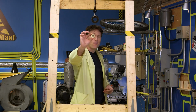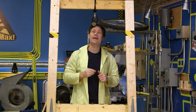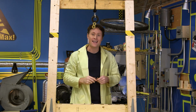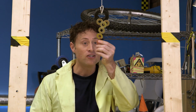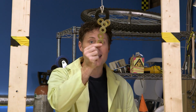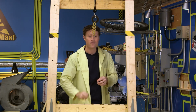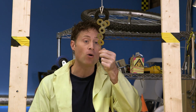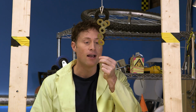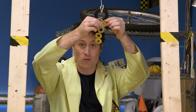If you attach something ferromagnetic like this washer to a magnet, not only does it stick, but the magnetic field travels down the metal, making it a magnet too, which means you can stick more and more things to each other, and they will continue to stick until you run out of magnetic field. You can do this yourself at home with anything ferromagnetic. Paper clips work pretty well, or washers like I have, or screws, or bolts, and they'll continue to stick to each other as long as the magnetic field is strong enough. You can see it's getting pretty weak here, and they'll all stay magnetized as long as the first one is still attached